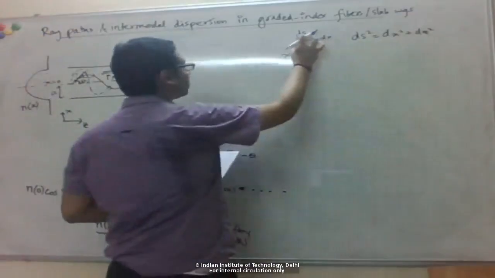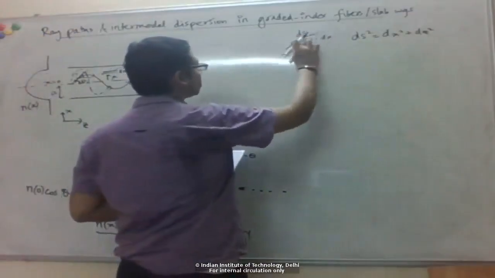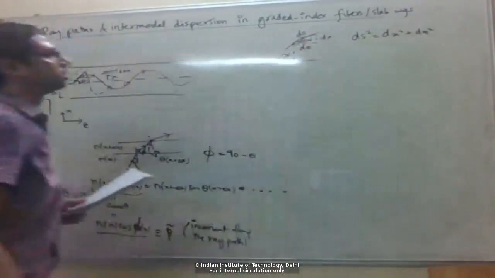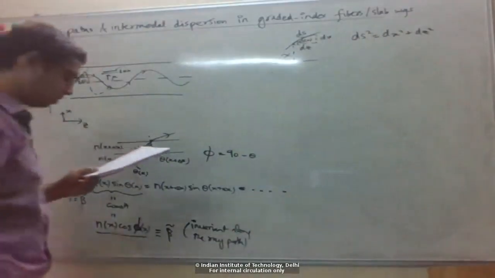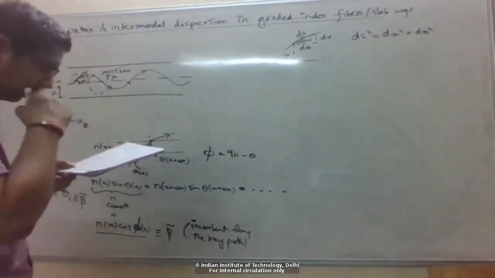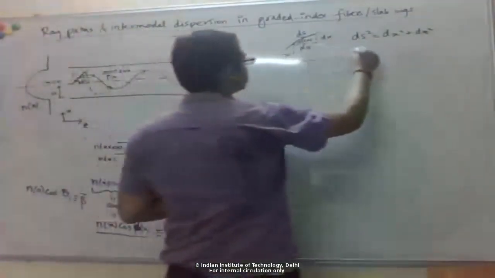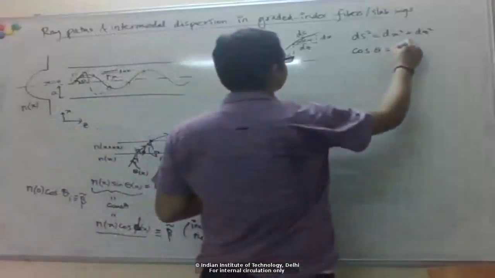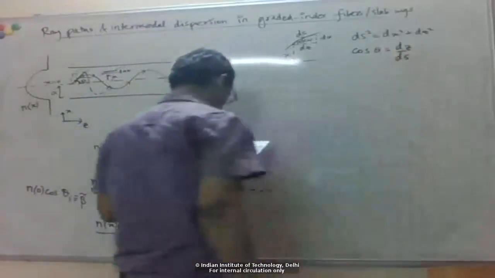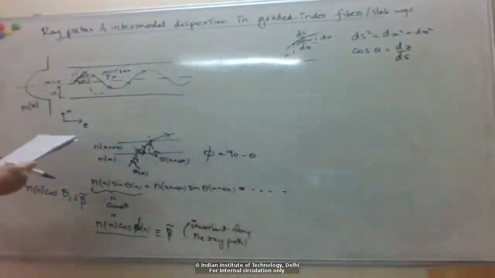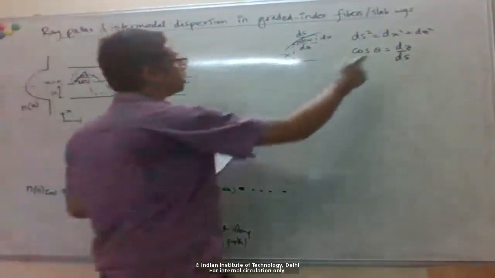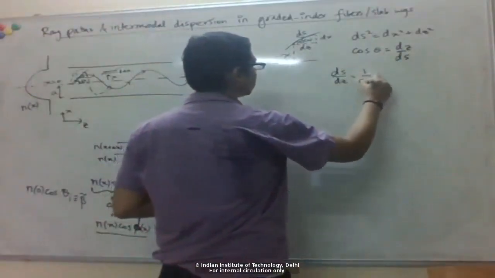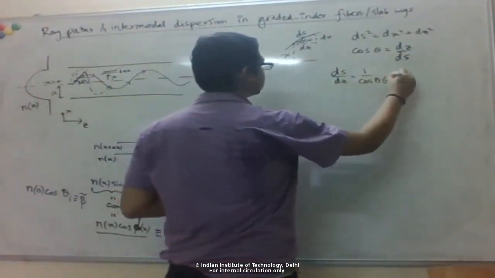So if this is a small enough length, then this can be approximated by a triangle, right? So this is close to a straight line if this is very small. So then we can use the Pythagorean relation, right? And then we also know that this cosine theta here is basically dz over ds, right? Or equivalently, we can write ds over dz as 1 over cosine theta at x,